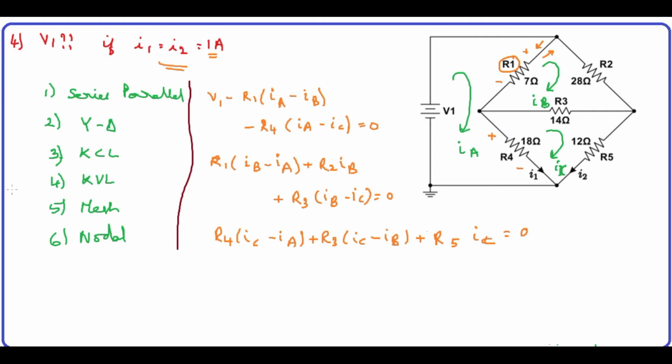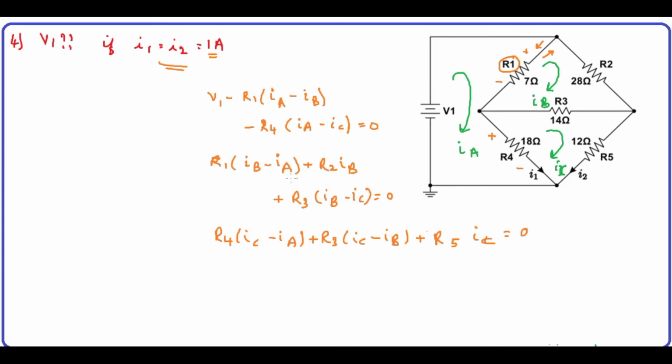Very simple concept. So now we know so many things except V1. Our job is to find out V1 only. So we have R1, R2 and everything we know. So let us substitute one by one and we will finish it off to get the I1. So now we will see how best we can do it.